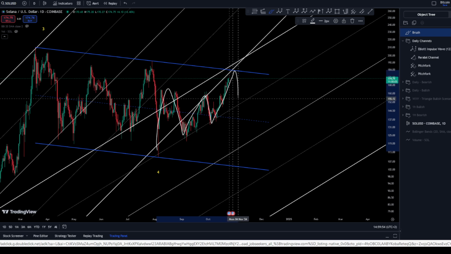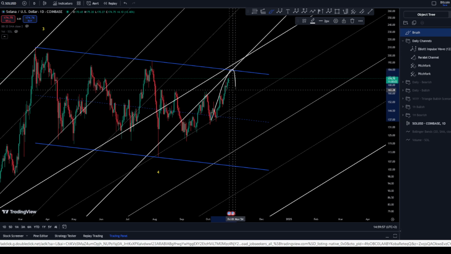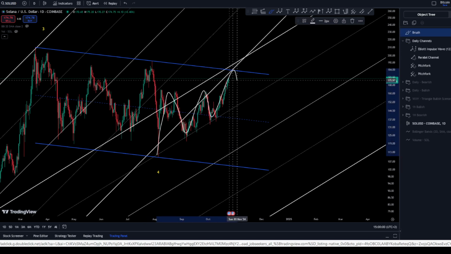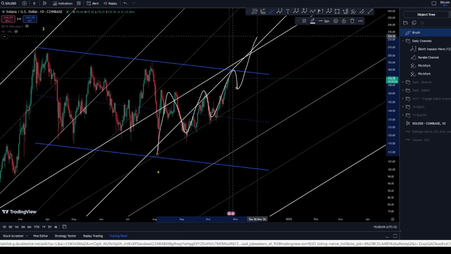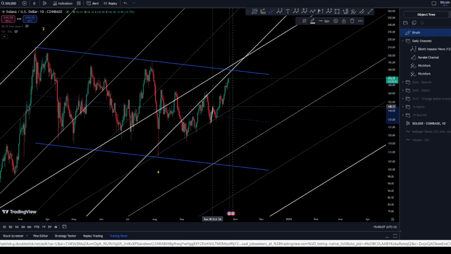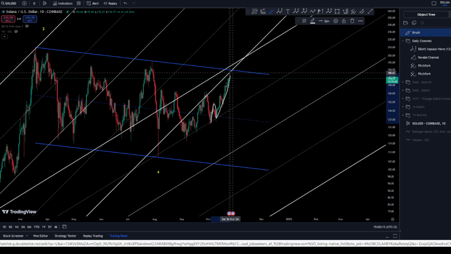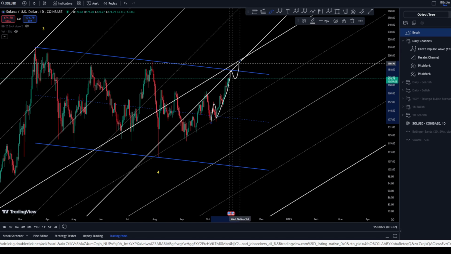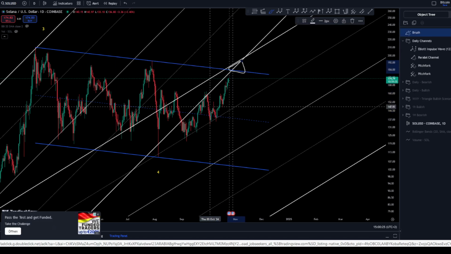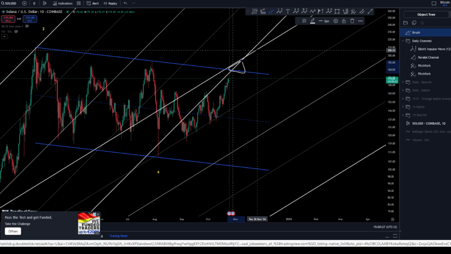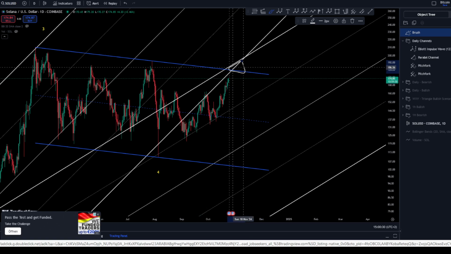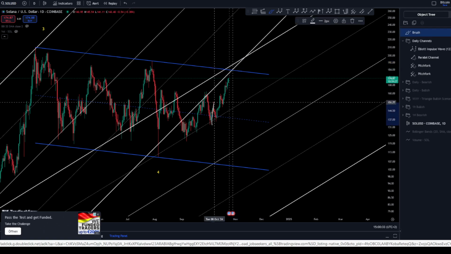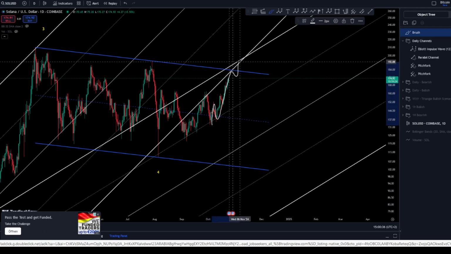So this is a question. Are we gonna retrace again, forming triple 1, 2s? This is a question. And then move up, possibly. As you can see here, if we take this as a small 1, 2, and this works as wave 3, 4, and a 5, and therefore this creates 5 waves, it might finish almost here. And you know, this is a very strong resistance there, between your corrective channel, your base channel, and your acceleration channel. So therefore, a very, very strong resistance, and we are very close to finishing 5 waves, possibly there.